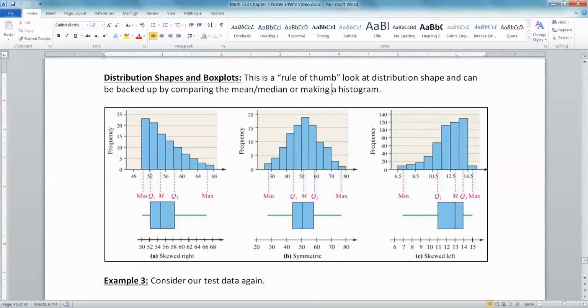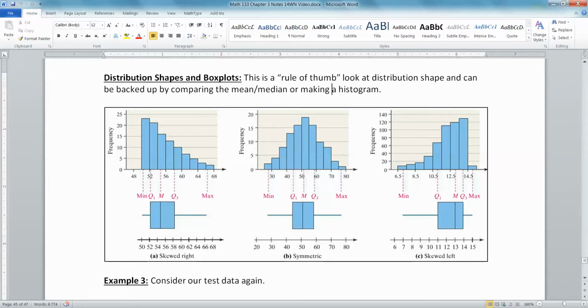Continuing on in section 3.5, we've seen box plots, so now we want to be able to judge the shape of a distribution from a box plot. Now this is a rule of thumb. This isn't going to be exact, so there are going to be box plots that aren't going to fit this perfectly. But in general, if a distribution is skewed right, also known as skewed positively,